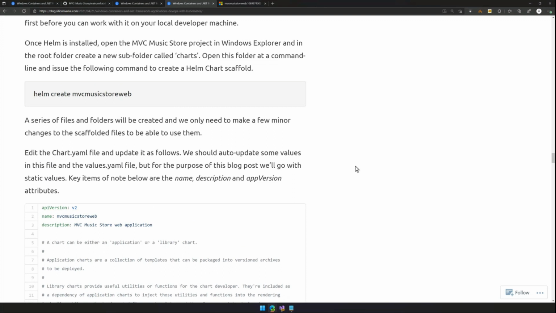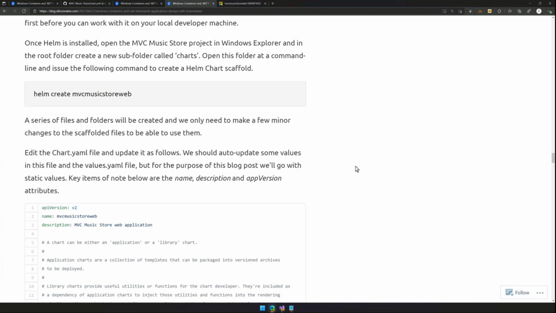And now Helm is, I guess, optional for the purpose of deploying to Kubernetes, but it does make deploying applications that consist of multiple components into Kubernetes a little bit more straightforward. So think of Helm, what's a good example for Helm? Think of Helm as like the package manager for an application. So it defines the components of an application and how they're deployed into Kubernetes and how they relate to each